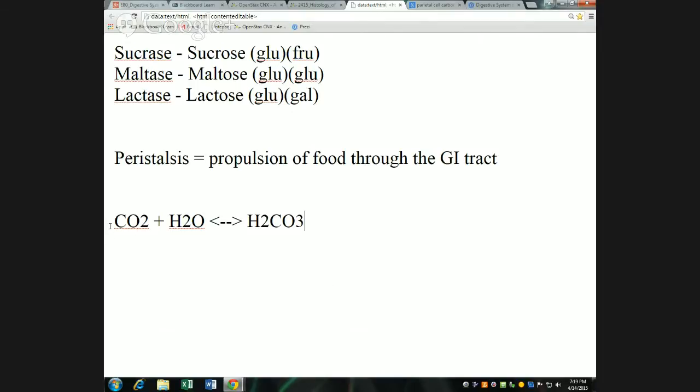If you have more CO2 than carbonic acid, then you're going to form carbonic acid. If you have less CO2 than carbonic acid, then you're going to break down the carbonic acid. And then the carbonic acid reaches an equilibrium between the state we see there and the hydrogen ion and bicarbonate ion